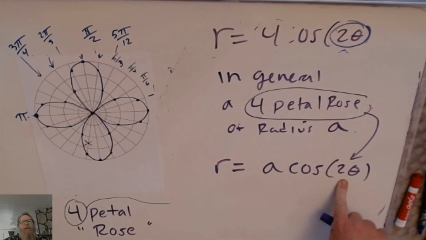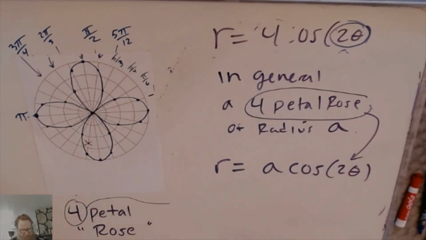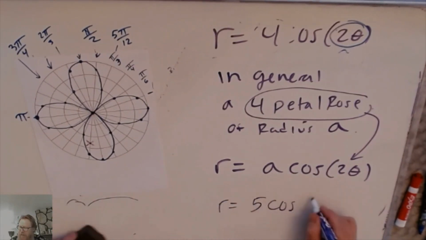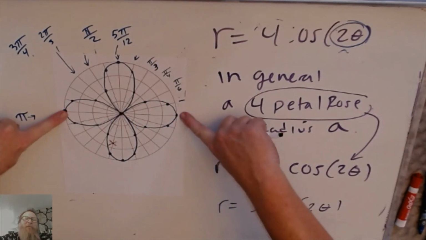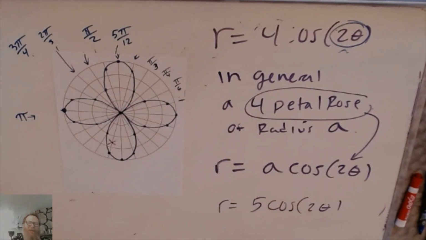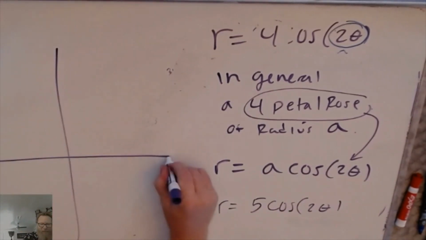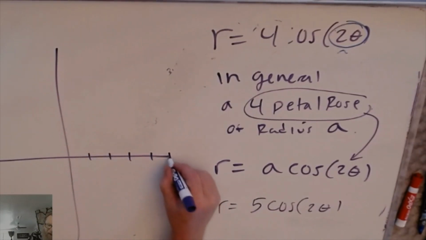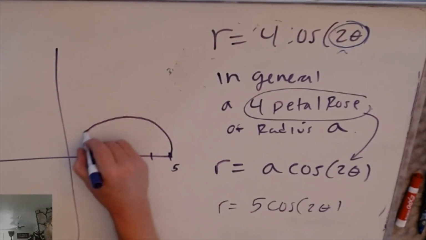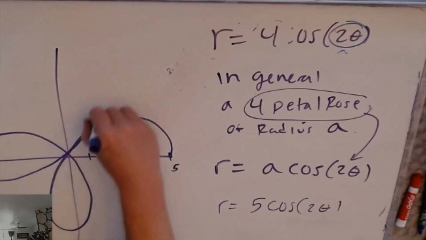All right. I like to think I did it intentionally, but I should have done R equals 5 cosine 2 theta. The reason why I didn't is look at my graph paper that I printed out. It only goes out to 4, and I wanted to fill up the whole thing. So if I didn't have that piece of graph paper and I was using 5 cosine 2 theta, then I go 1, 2, 3, 4, 5, and then I would still have the same 4-petal rose